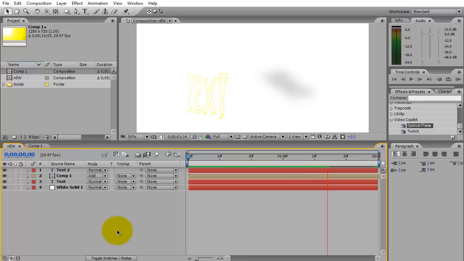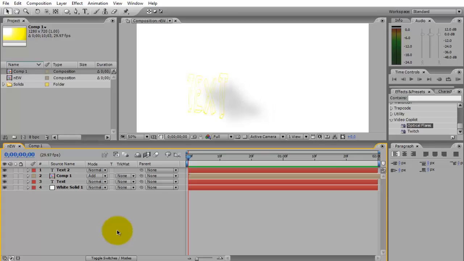So I think you like this most, and I will continue this to the last point, and you can see that the light is coming beside and just going back and back. If not, we can use Optical Flares directly by making a new solid, using Optical Flares in it, selecting the color by default, making it go back and back, and using the position. That will be much easier than this. I can't show you because my screen recorder will not accept this time elapse. As well, I'm using Camtasia, but